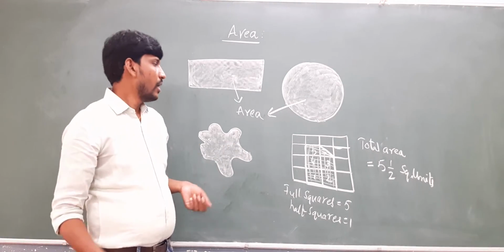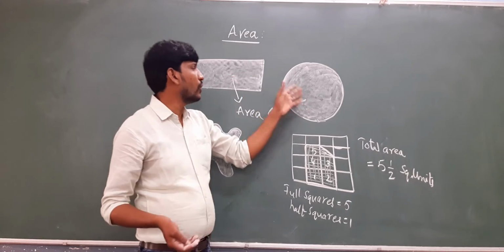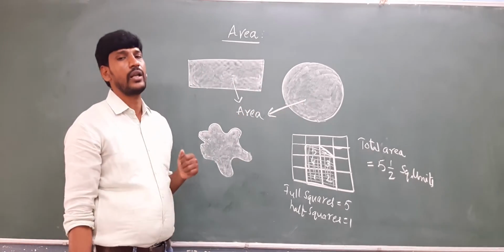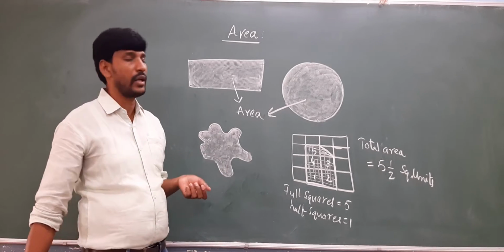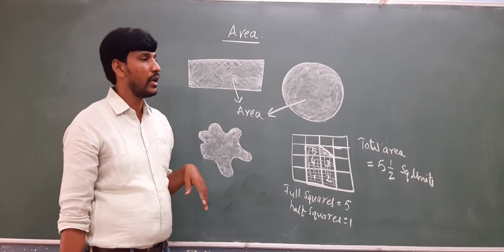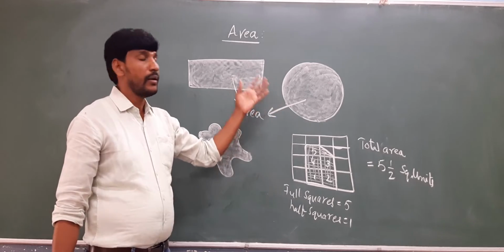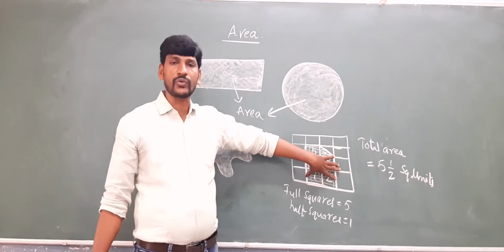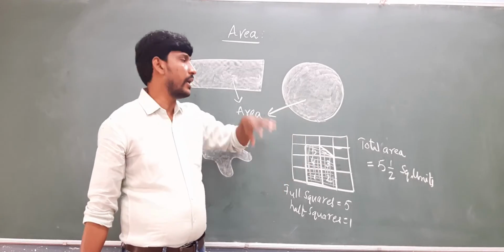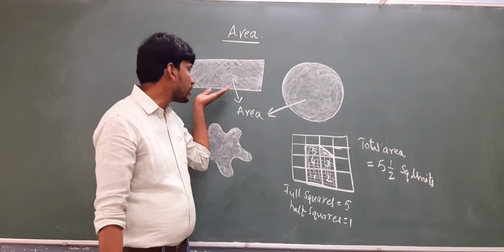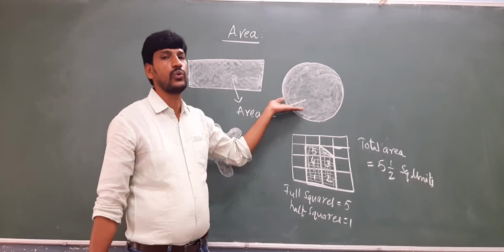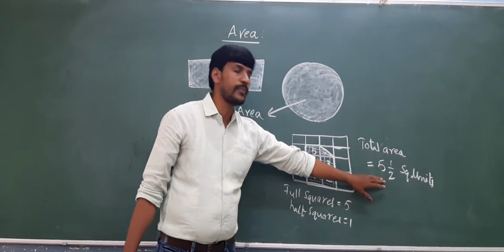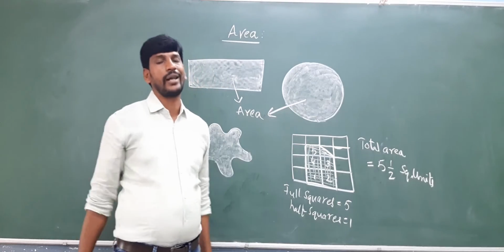Clear, my dear sir? Actually, by seeing these two, can you say which one is the bigger area and which one is the smaller area? Which one occupies the smaller area, and which one occupies the bigger area? We cannot say that. If you draw these figures on square grid paper, you get the answer. This occupies some area, and this occupies some area in terms of numbers. Then you can compare the values.